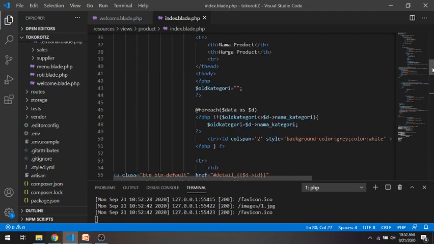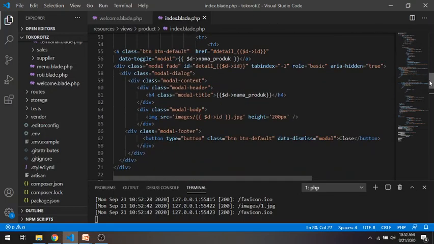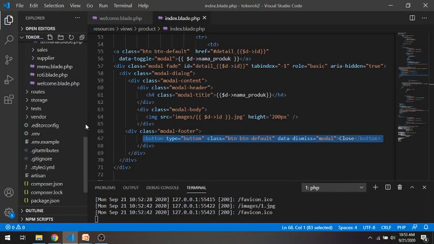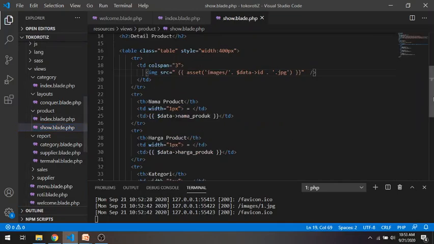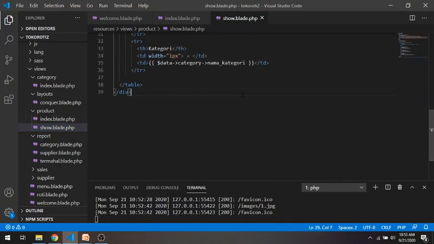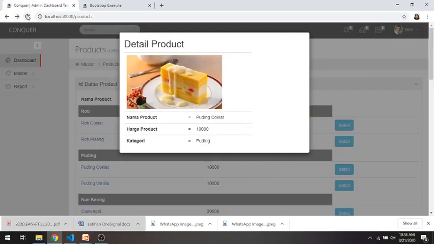Maybe we can take from our first modal. This is the close button. The close button has a class data-dismiss equal to modal. That's one. We add it in the product sublet. This one. Check it again.